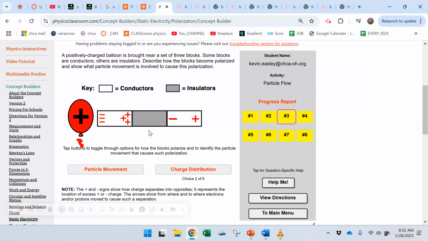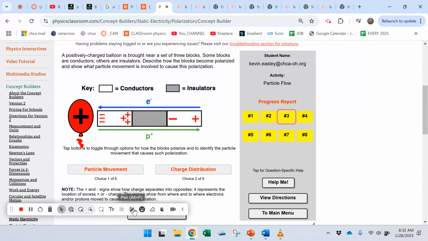It's worth noting you will never, ever see positives moving. Never should there ever be green on that. Did I make that clear enough? So on particle movement,